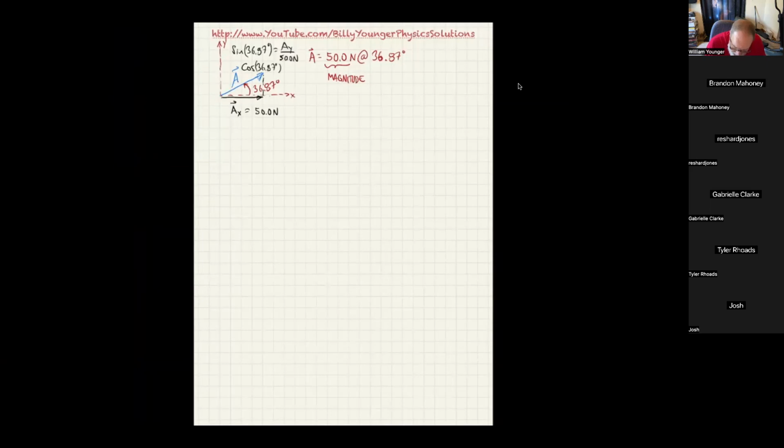That's "came a hopping" for me: cosine, adjacent, hypotenuse. The adjacent is a sub x, and the hypotenuse, of course, is again 50.0 newtons. So I can tell you the x component has to be 50 newtons times the cosine of